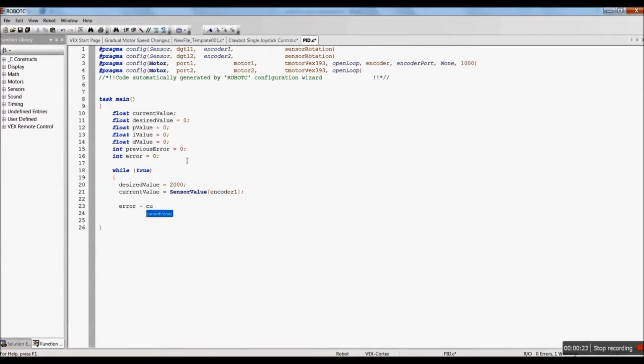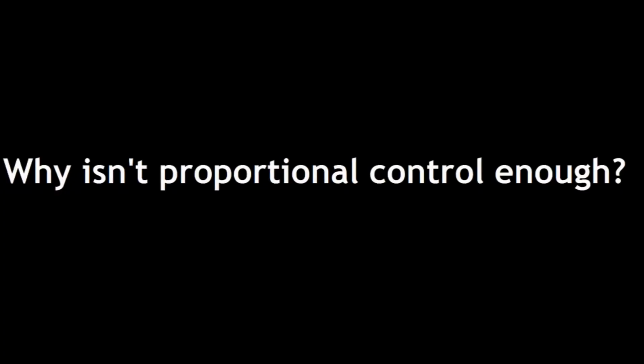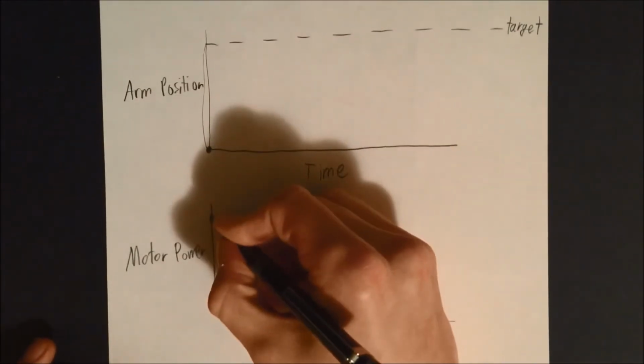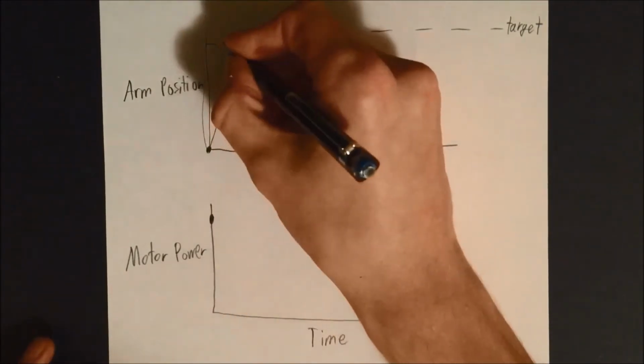Let's also assign the error to another variable called p-value to make it clear that this is all related to the proportional part of our PID controller. Sometimes a proportional controller is all you need, but there are times that require a bit more sophisticated method. Let's say we're trying to set an arm to a target position. The arm starts out far from its target position and the motor power is correspondingly high because it's proportional to